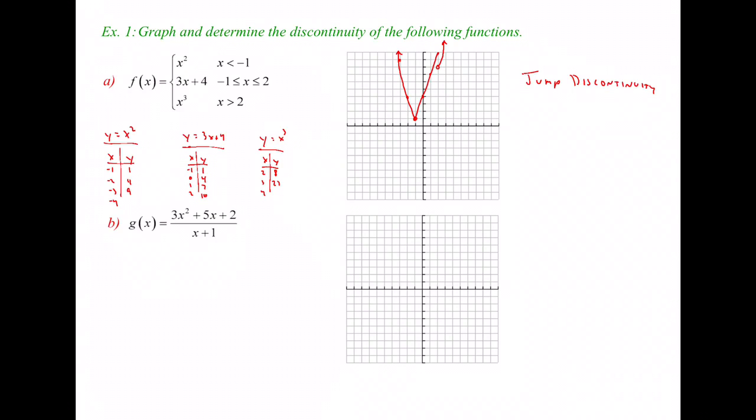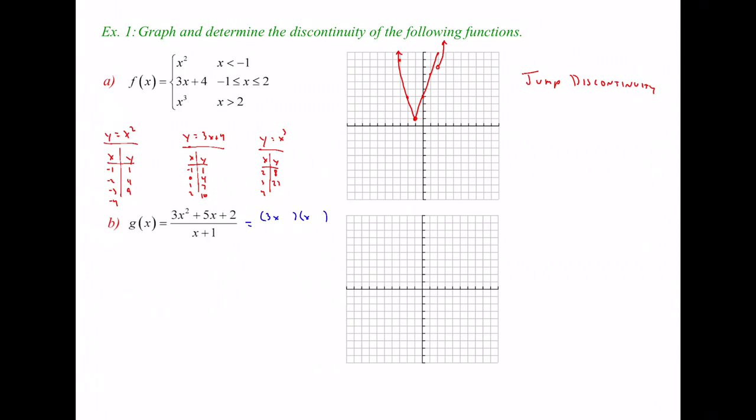So this piecewise function does have jump discontinuity, only in that one spot though. Originally it was continuous and can be continuous, you just have to graph to make sure. On the second one here, we have a rational function, so we'll have to go through our process